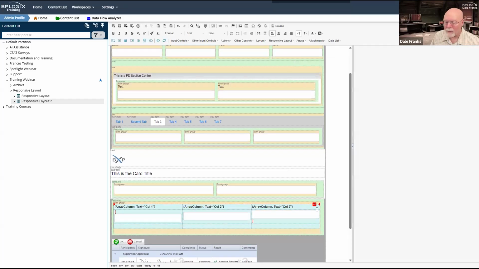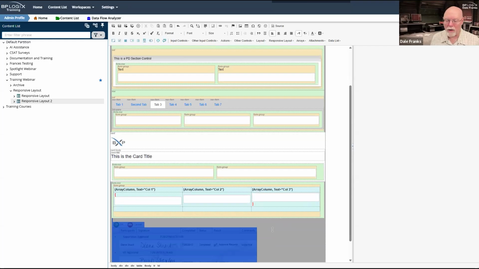Normally, if I was on a regular form, I would drop my add row to array just right below the array table. I wouldn't feel any particular need to make it part of the table structure. I do feel a particular need to do it whenever I am inside a Bootstrap form. I want to be able to know that where I place that button is where it's going to go.